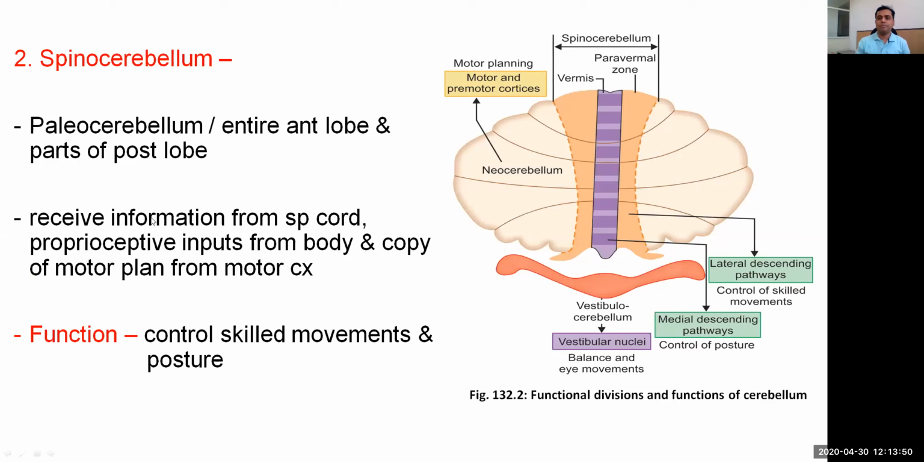Spinocerebellum, this particular part. Paleocerebellum, or the entire anterior lobe and parts of the posterior lobe, includes the spinocerebellum. It receives information from the spinal cord, proprioceptive inputs from the body, and a copy of the motor plan from the motor cortex. Thereby, it helps in controlling skilled movements as well as controlling the